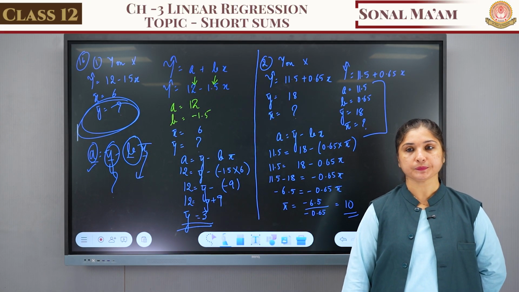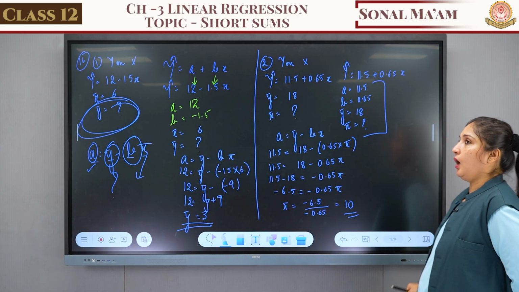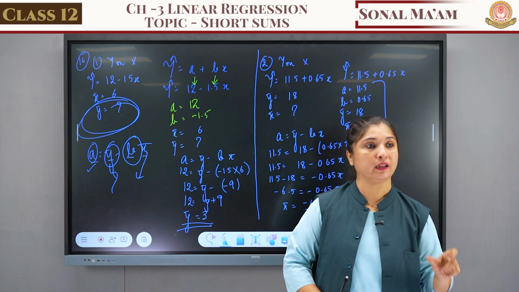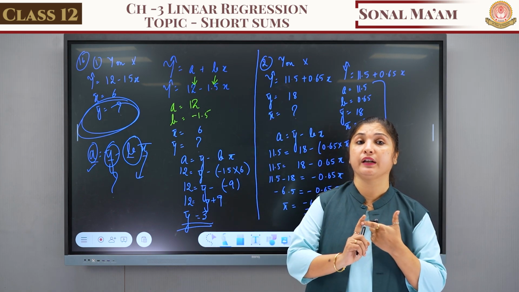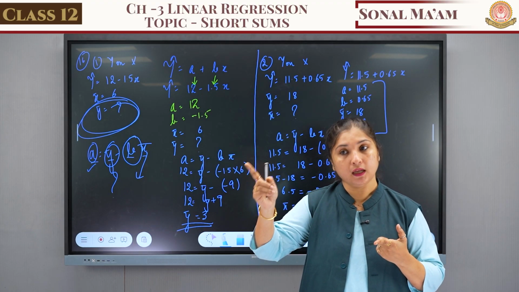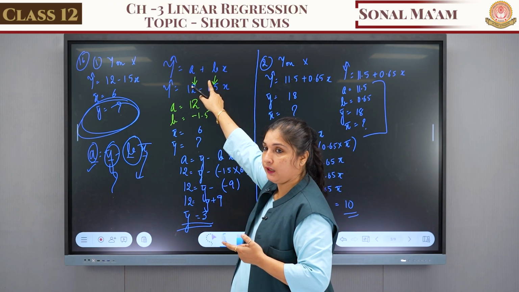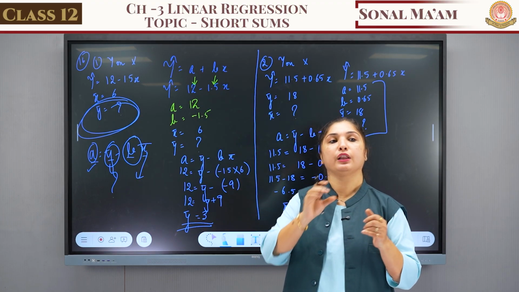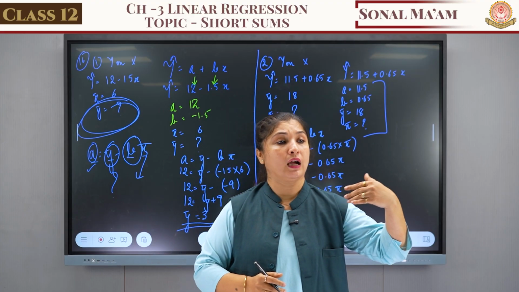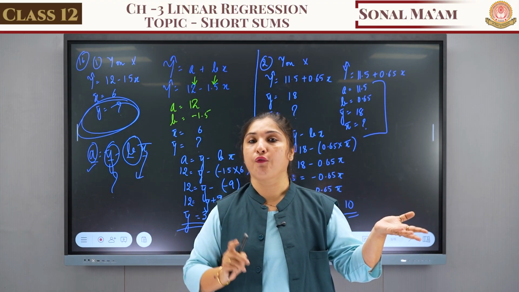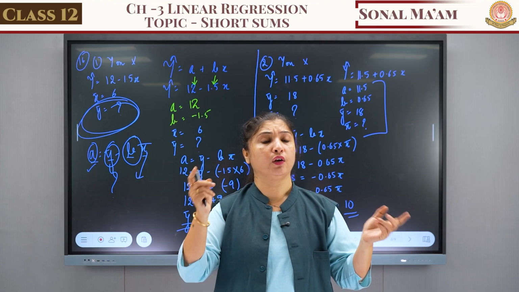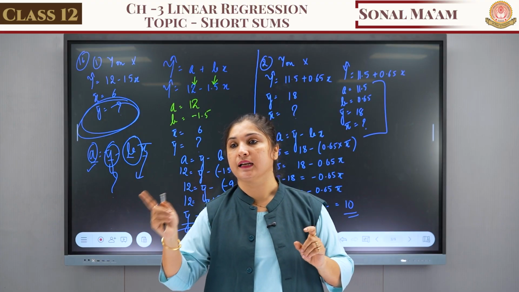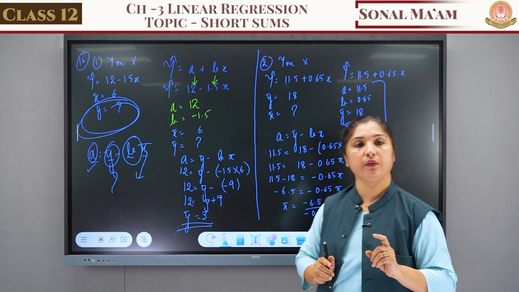Understanding? Yes. Okay. One thing again I would like to tell you, always remember, whenever the equation of y cap is given to you, if it is with x, it is B, and if it is single, it is A. You have to remember this point, because in this question it was given in the form of an equation, but in other questions it might be given in a twisted form also. So whenever the value is single, it is the value of A, and whenever it is with x, it is the value of B. Is it clear to everyone?